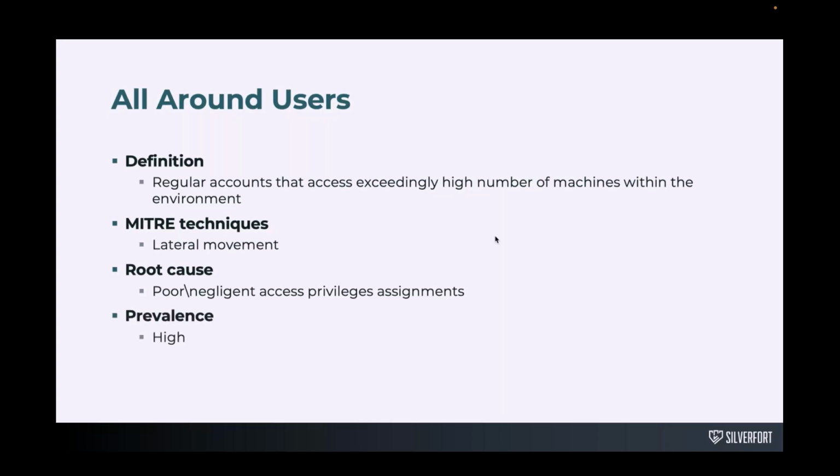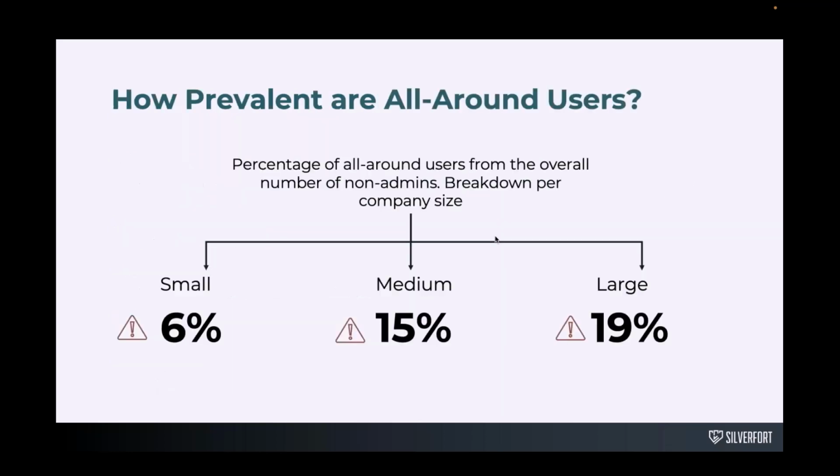Okay, the prevalence is very high, and the adversarial exposure is high, and none of the security measures that I would use for my admins are applied to them, right? Because they're just users, and there are tons of them. In small organizations, 6%, medium 15%, large 19%. Again, these numbers are much higher than what